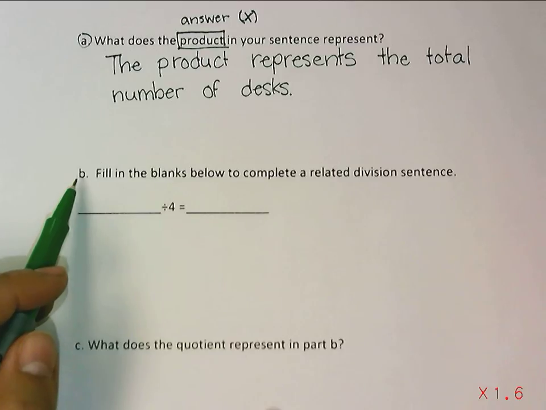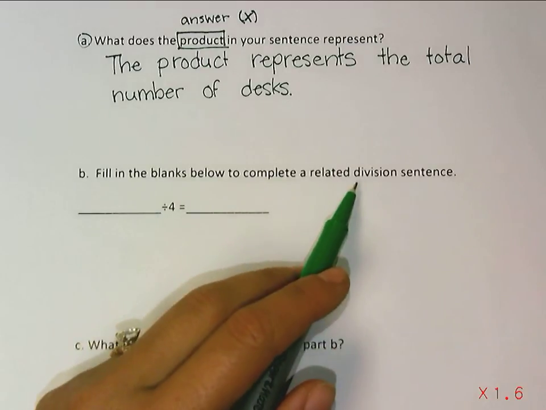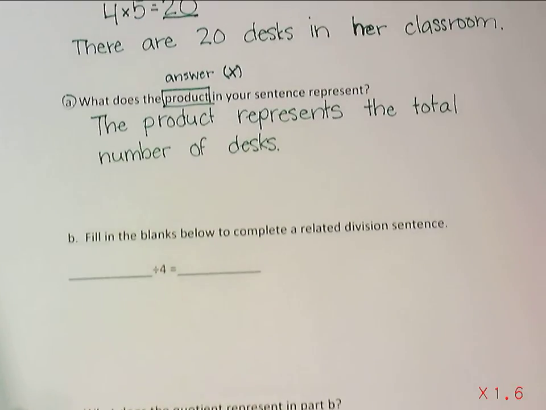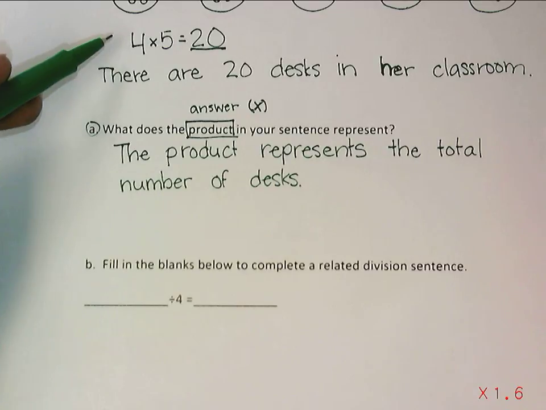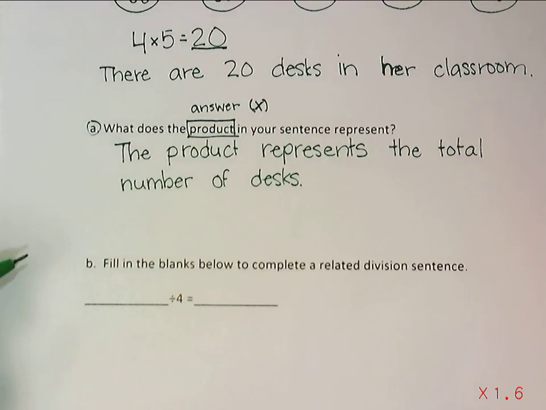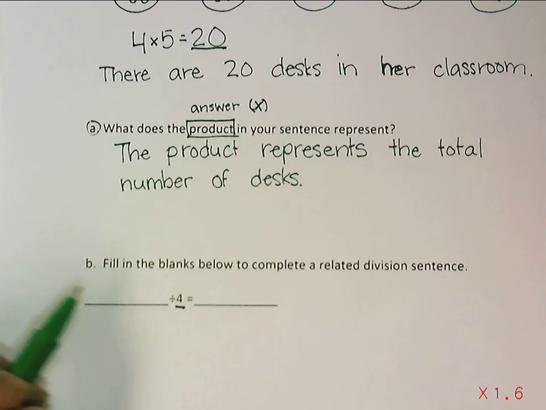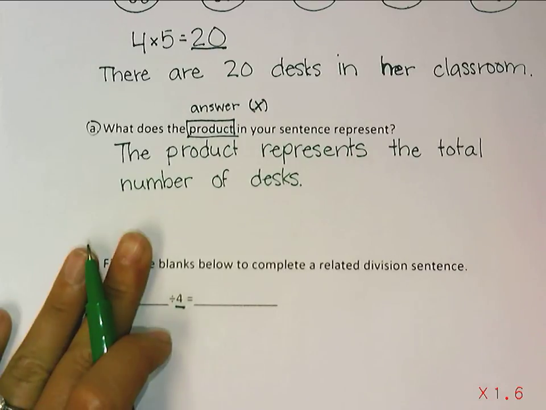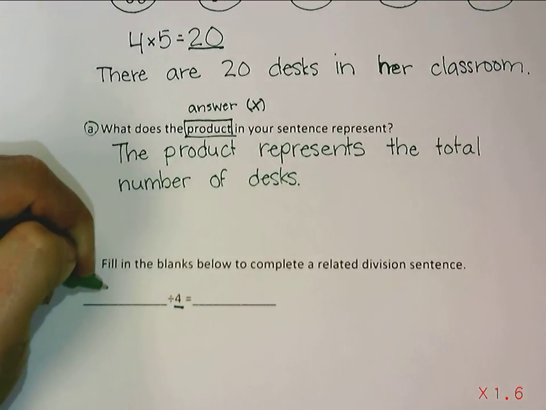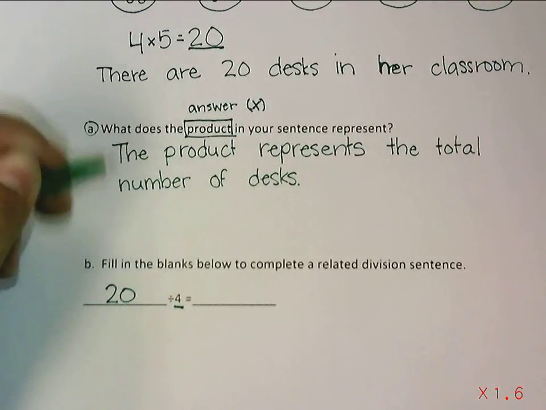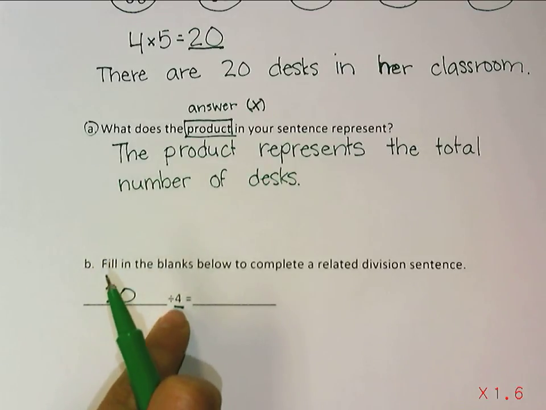So we're looking at letter B right now, and it says fill in the blanks below to complete a related division sentence. So we're actually going to have to come back up here and look at our original multiplication sentence to fill in a related division sentence. Well, we already have the number 4 here. And when we make a division sentence, the biggest number always goes first. So we're going to put the product of our previous answer right here. 20 desks divided by 4